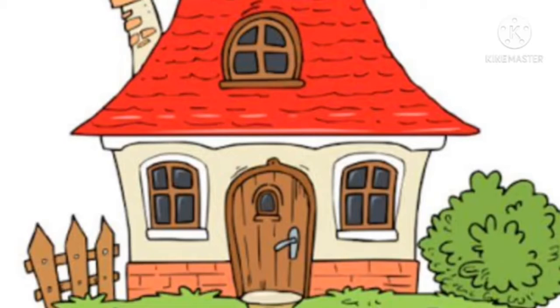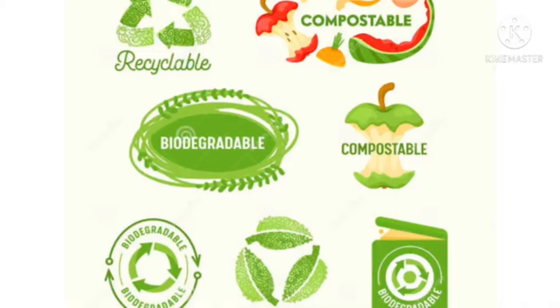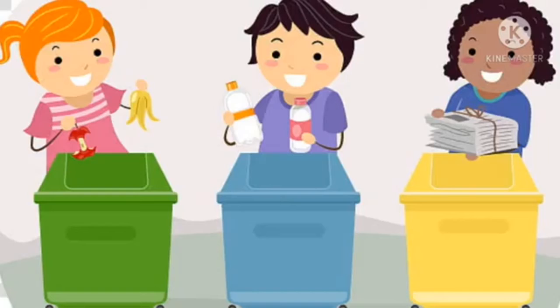So, we should reduce the use of non-biodegradable materials so that less non-biodegradable waste is generated, and also keep different types of waste in different bins, and then different types of waste should be collected separately or sorted later on,